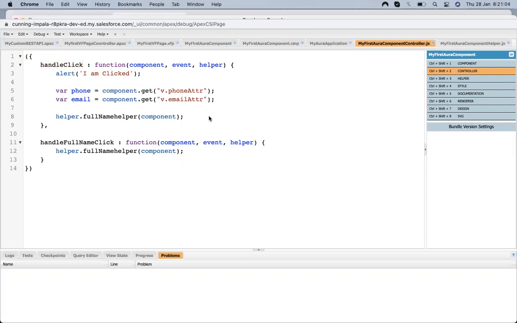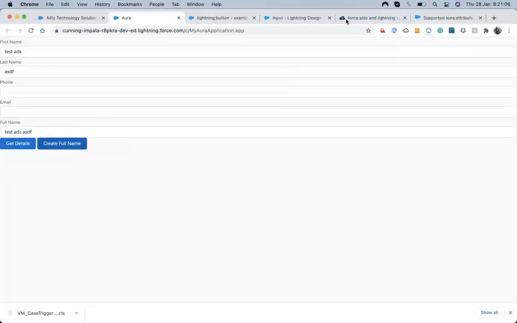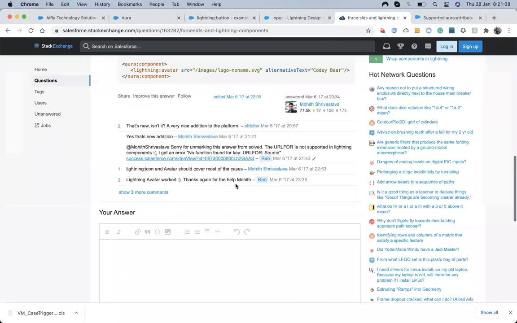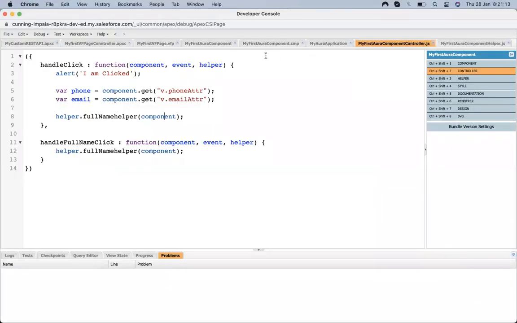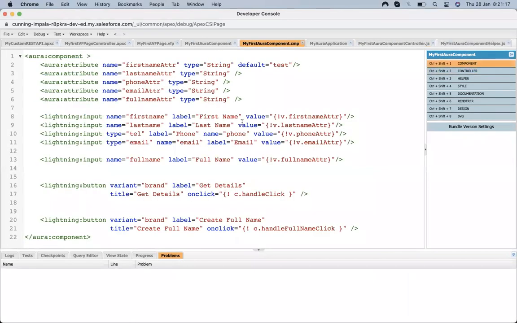Thanks. So now I'm going to communicate with the server. Actually, Aura components work on the client side. It's a JS and HTML file, so it works on the client side. I'm going to communicate from this component with the server. For the communication, we need to design an Apex controller. So let's design an Apex controller.